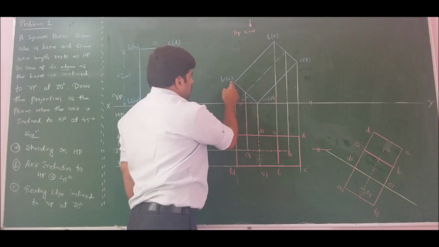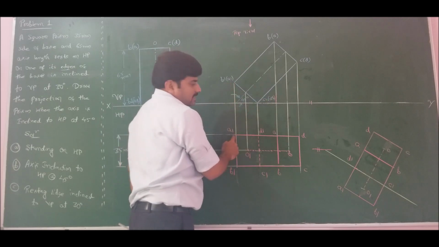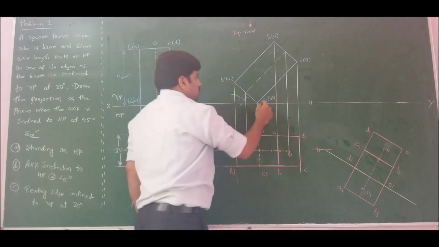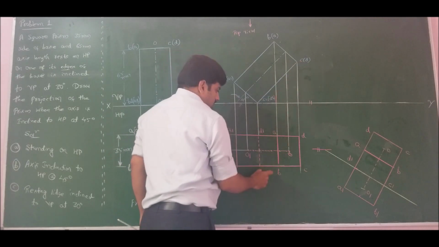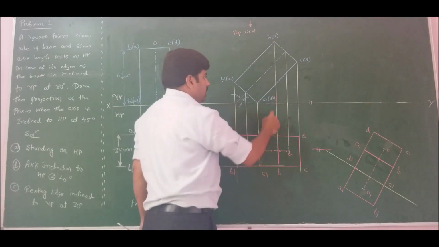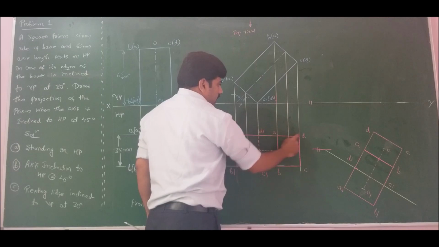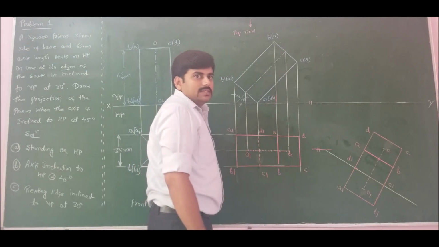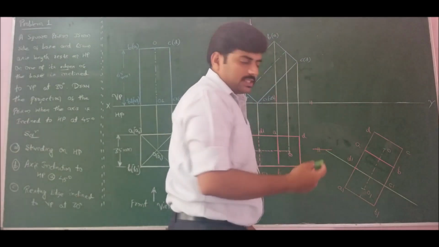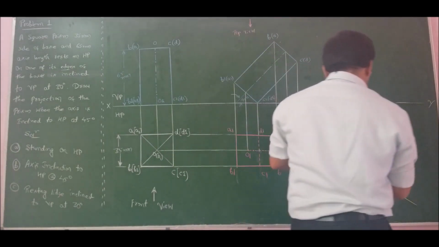Next D1 to A1 is on the boundary, it cannot be invisible. Next C1 to C is also on the boundary, it cannot be invisible. And D1 to D is also on the boundary, it cannot be invisible. Take the projections from both horizontal and vertical. I'll get,